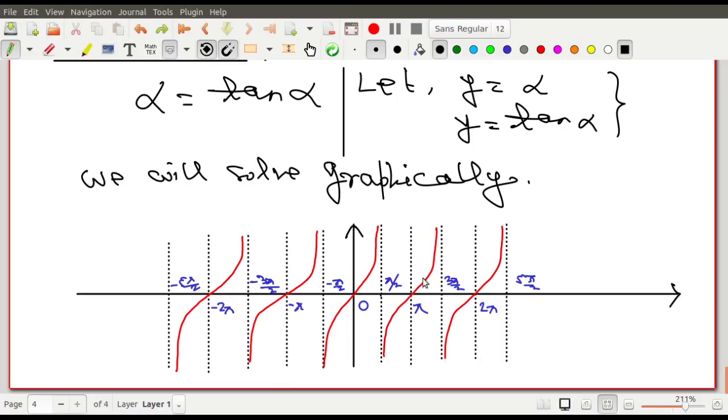Okay, so now let us try to understand the issues. So this is the tan alpha plot. So this is the plot of tan alpha. So now if I just